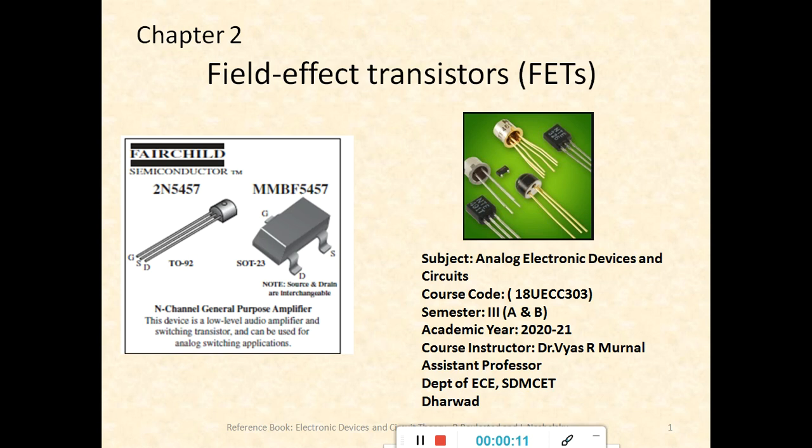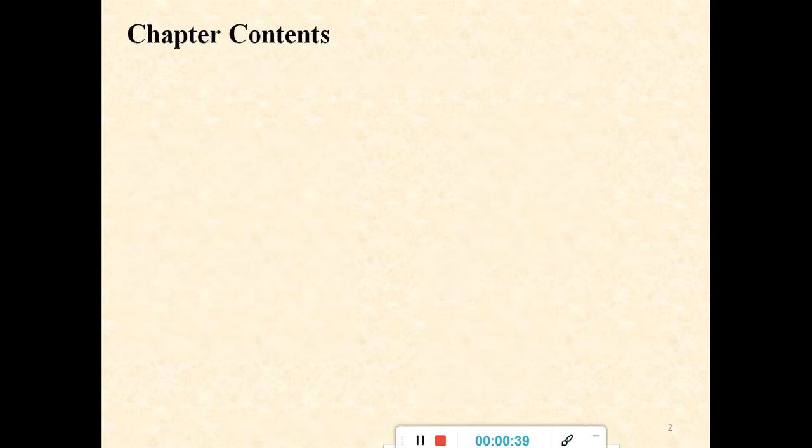Good morning students. We will be starting off with the second chapter today, which is on field effect transistors. So far we had discussed clippers and clampers in the first chapter. This chapter will focus on the construction and mainly the features of the field effect transistor, where they are actually used mainly for the biasing circuits. So to start with, let us just very quickly go through the main chapter contents.